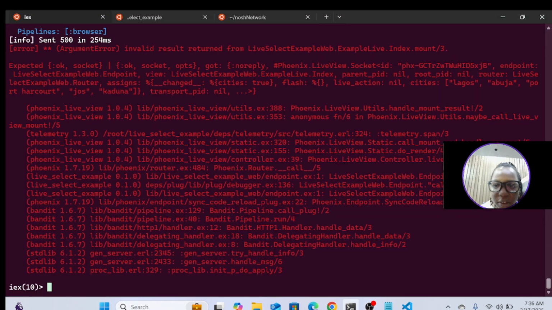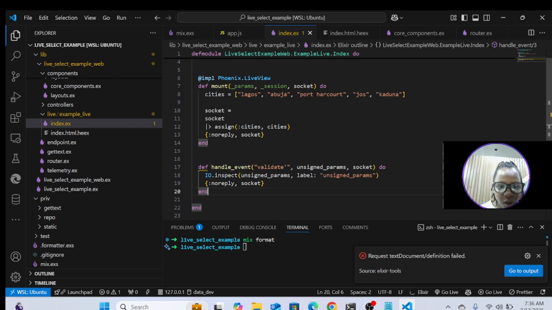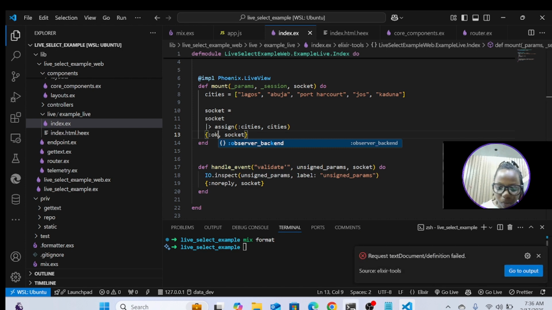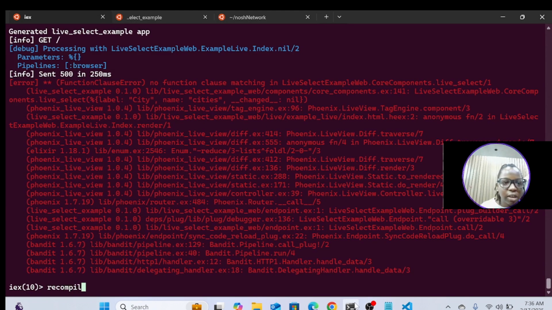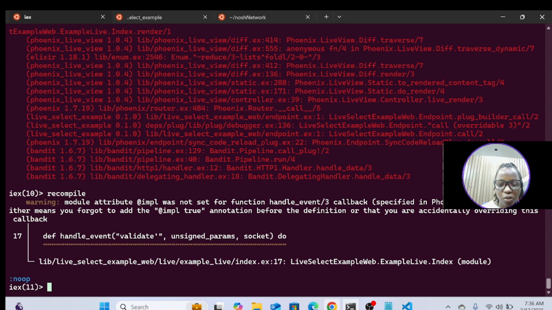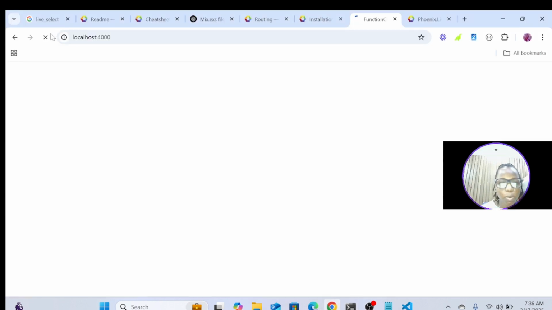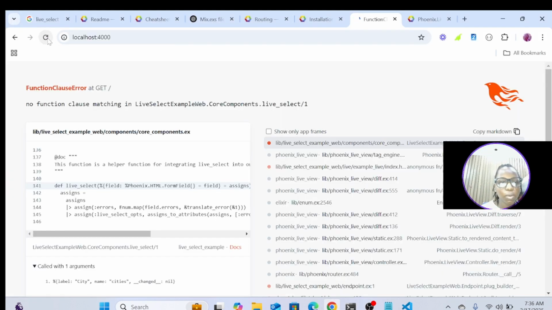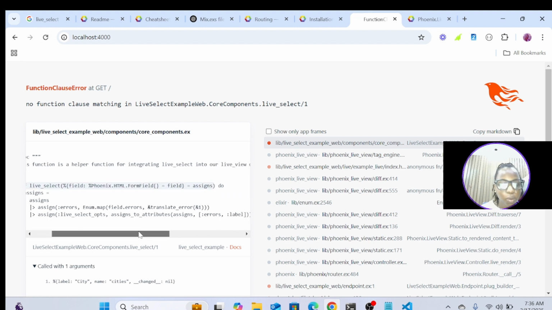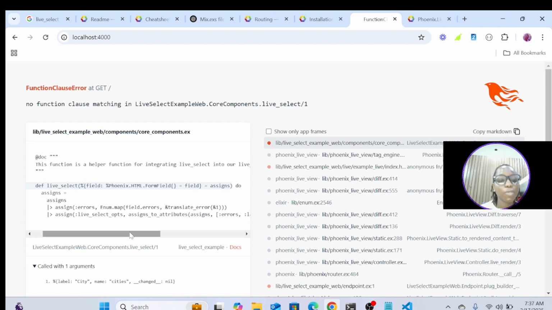Invalid result from the live service. Okay. Expected, okay, the socket. Oh, sorry. So please learn to read your error message so that you can understand where the error is coming from instead of taking a lot of time. No function clause. We are not using field because we are not using a form field. So we have to say,